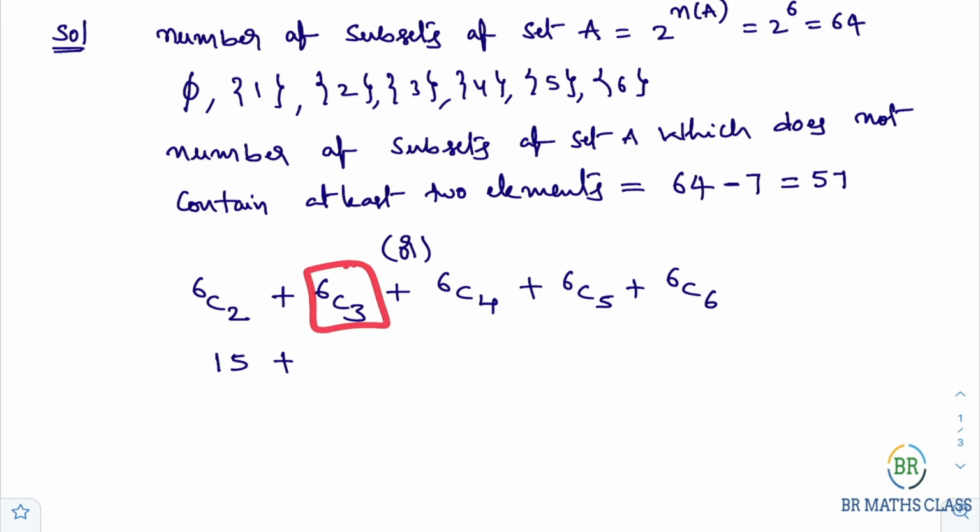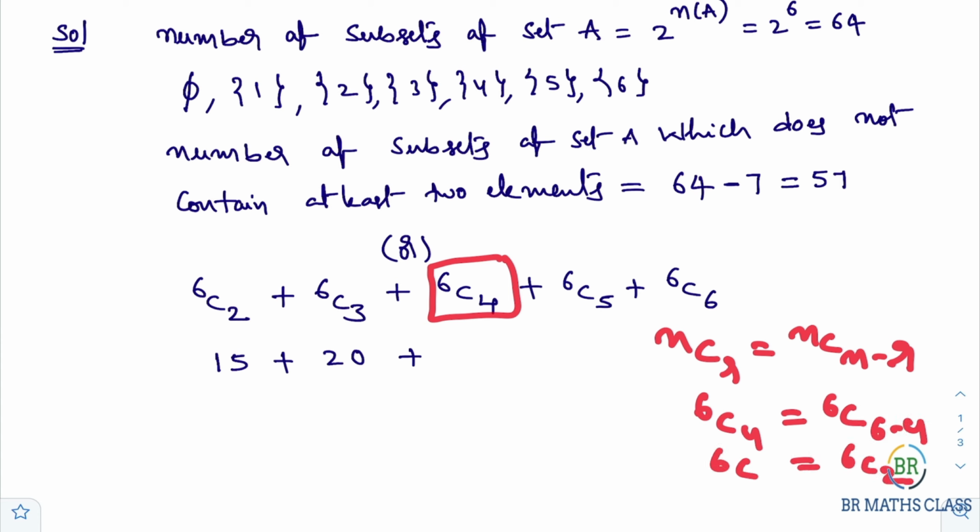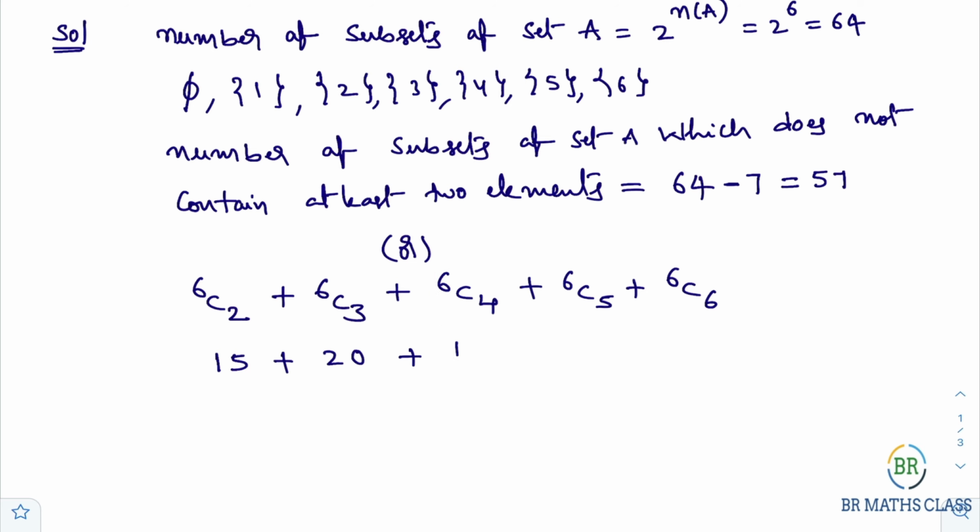How to calculate 6C3? You write like this, 6 by 3 into decreasing numbers, 5 by 2 into 4 by 1. Once you get 1 in the denominator, you need to stop. 3 2s are 6, these will get cancelled, 5 4s are 20. So 6C3 is 20, plus 6C4. We know this formula, nCr is the same as nC(n minus r). Here 6C4 is the same as 6C(6 minus 4), that is nothing but 6C2. So the 6C4 value is the same as 6C2. What is 6C2? 15. So you write 15 here, plus